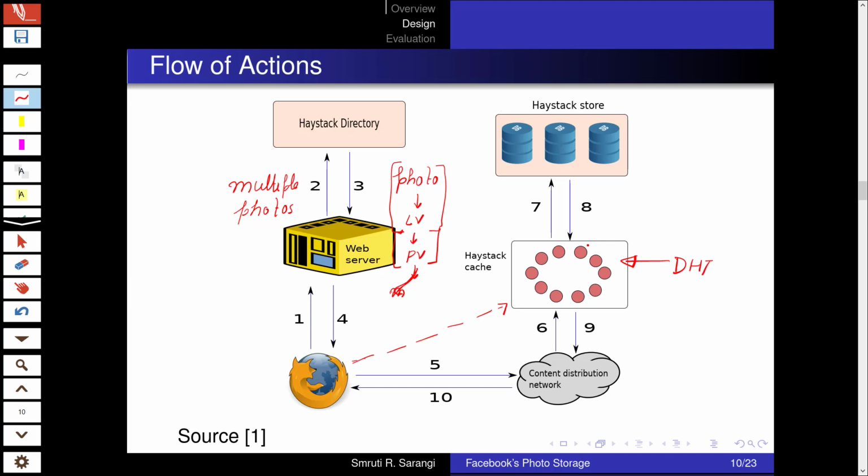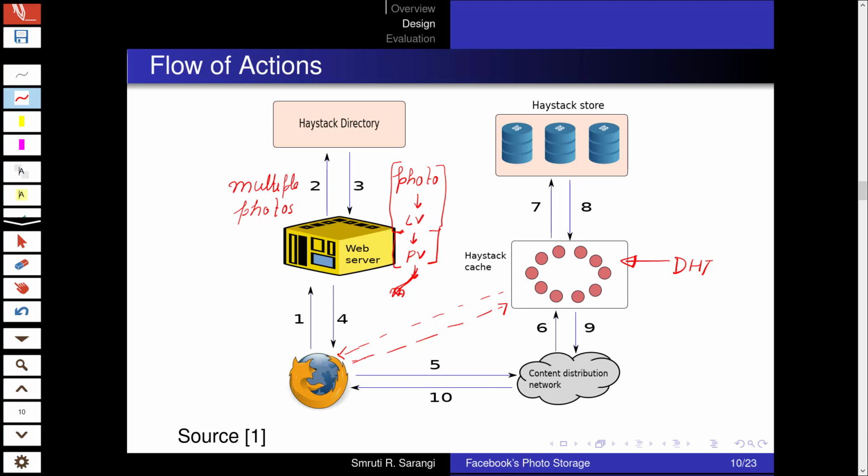So this at least takes care of some temporal needs. Then of course we have an option, depending on what the directory has originally configured the request to be. The first option is that it can be sent directly back to the user, directly back to the browser. The other option is that it can be sent to the CDN for further caching, which is what we show in this figure. And after caching it, the CDN can return the result to the browser.